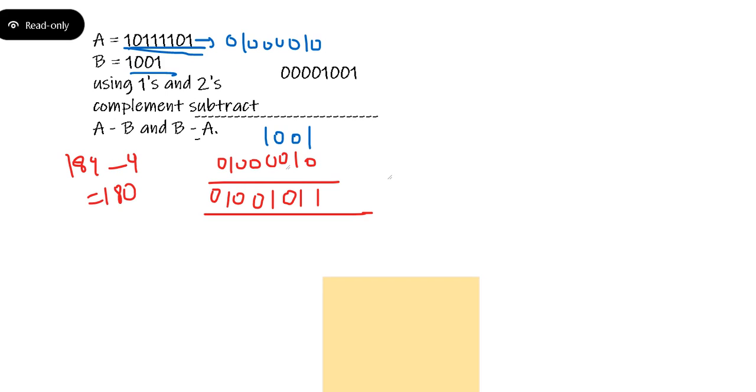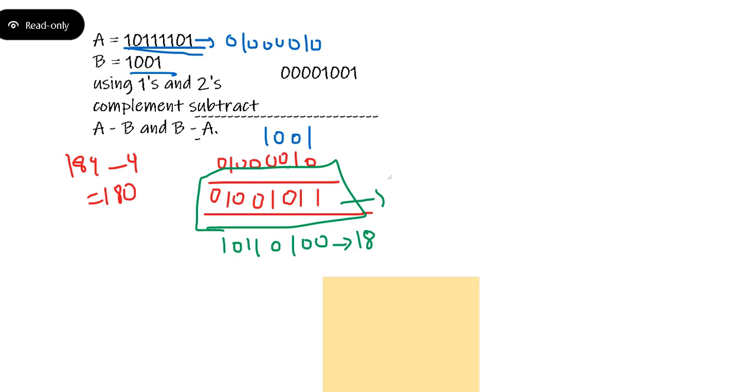When I just normally convert this value, I don't need to change anything. I directly convert it to 1's complement: 1, 0, 1, 1, 0, 1, 0, 0. So this is nothing but 180.